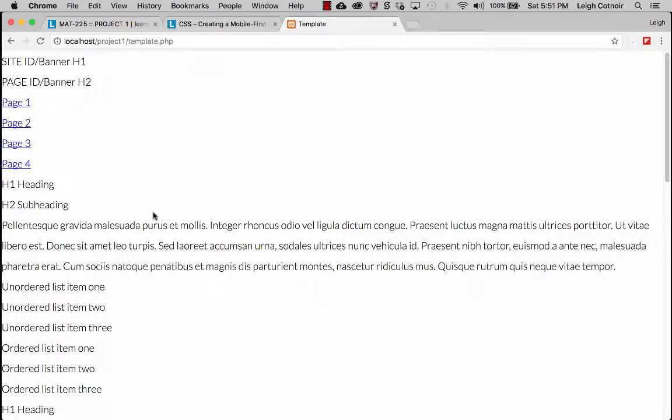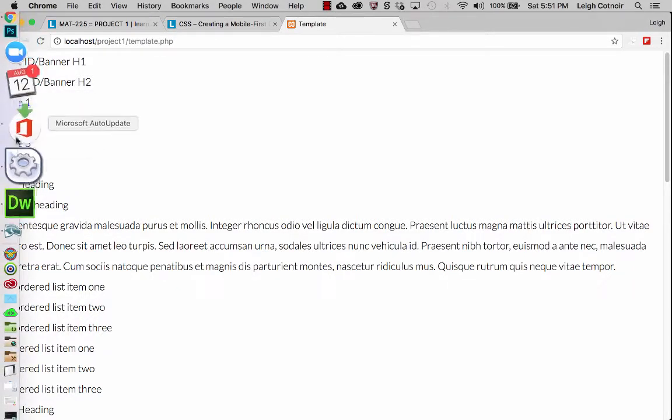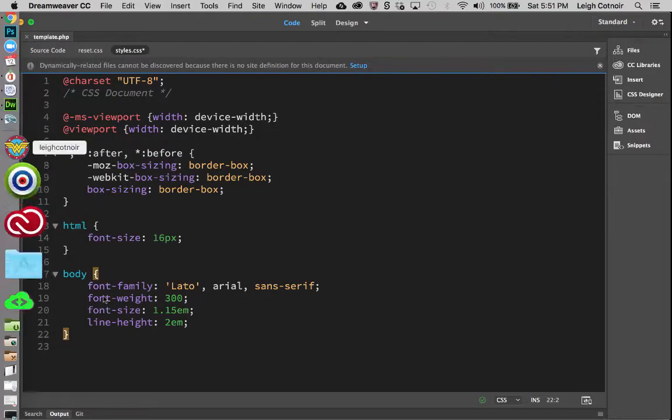All right, so let's pick up where we left off, and I want to start by just doing some general styling. A lot of times I like to start by styling my anchor tags so that, for one thing, I won't forget, and also so that the blue and the underline won't start affecting everything else visually that is around the links. So the first thing I want to do is come over here and go to Dreamweaver,